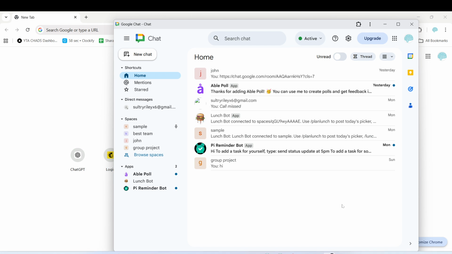That's all there is to it. Open chat.google.com, look for the install icon at the top right, and click Install. With those 3 steps, you've turned Google Chat into a handy desktop app and